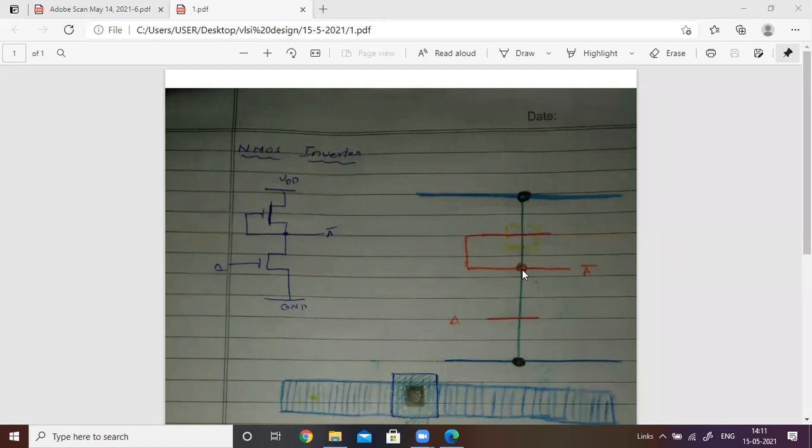But this is not a crossing; there is a contact cut. There is a contact, therefore this is not a crossing here. So this is the crossing. There is a channel, the transistor channel here, and this will be an implant. This implant identifies this as the pull-up transistor, the depletion mode transistor. This is the pull-up transistor whose source is shorted like this, and this is the polysilicon. Already we discussed the special type of depletion mode transistor in NMOS design style, right?